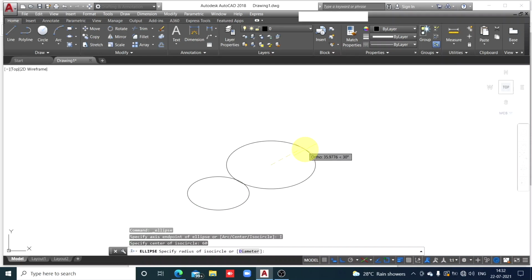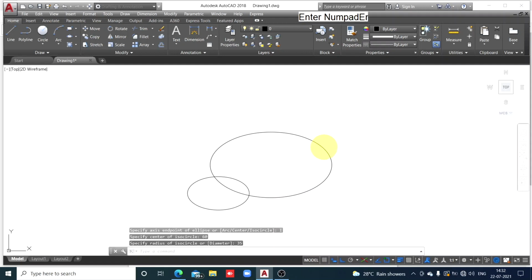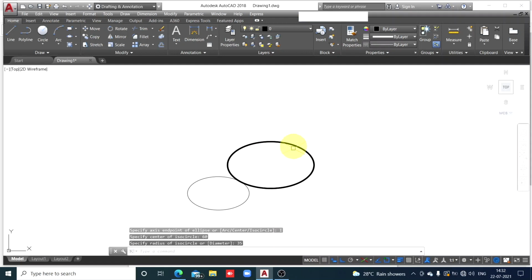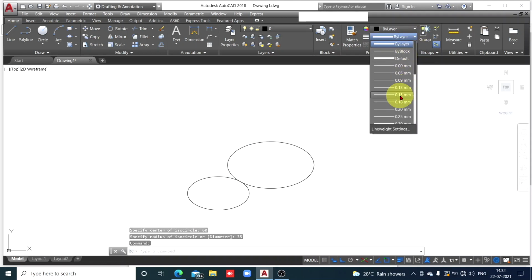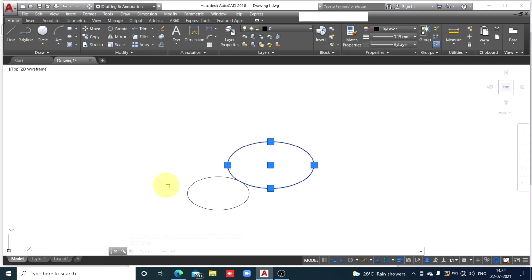Enter. Now you will be able to draw ellipse in the top plane. Length, width plane means top plane. What is the radius of this circle? 35. Enter. Thickness is 0.15. Okay.